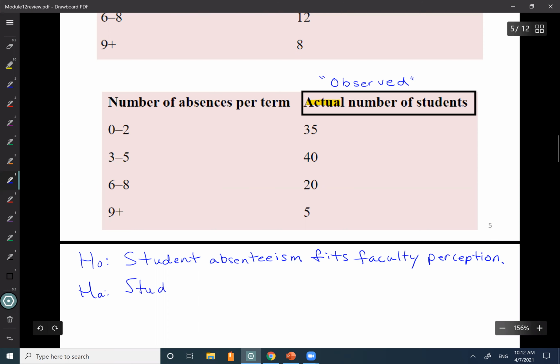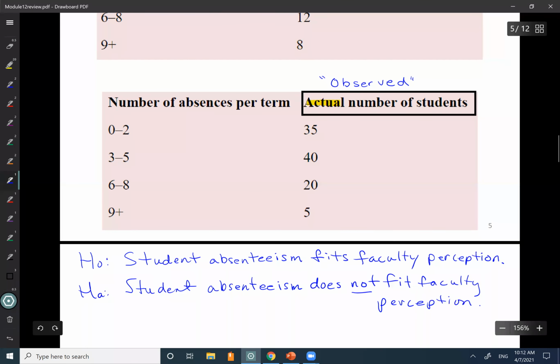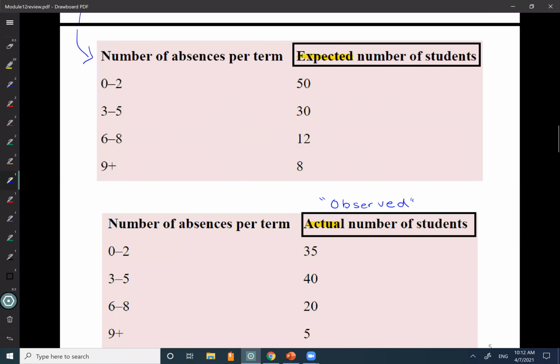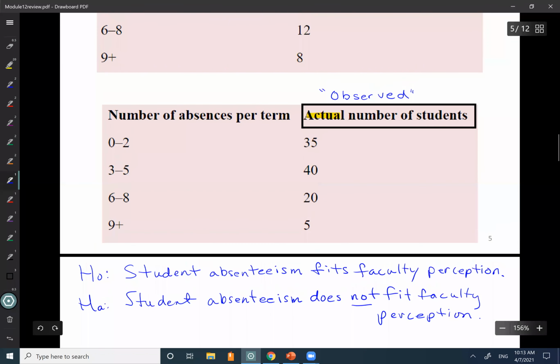Now remember, we know how to do an alternative hypothesis. It's always a contradiction to the null. So it's just going to be student absenteeism does not fit faculty perception. And we'll just test to see if the actual number of students distribution is the same as the expected. So that's where we get goodness of fit. We call it a goodness of fit. So how well does the actual fit the